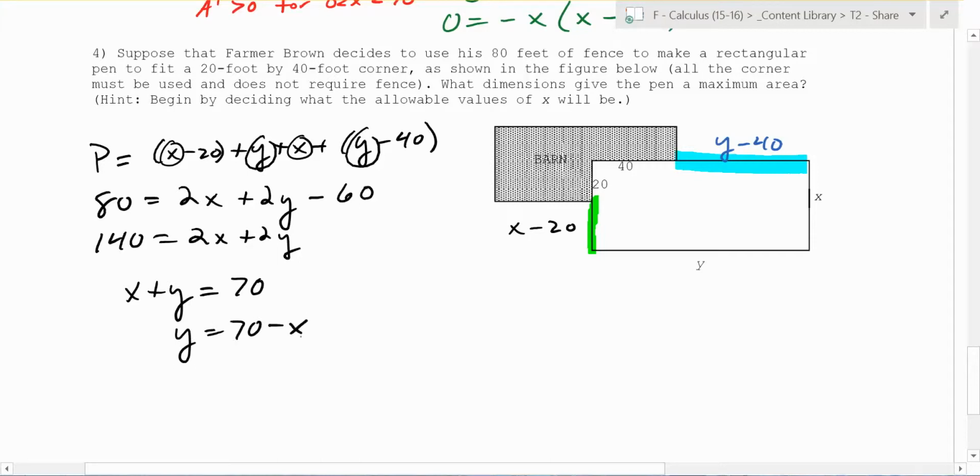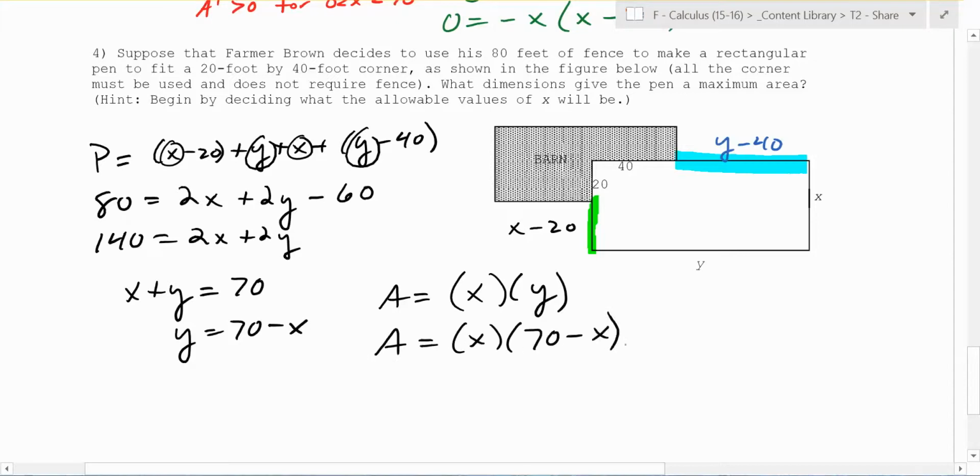And what's the area function going to be? What's the area function going to be? The beginning of it. X times Y, right? Yeah. X times Y. So area is going to be X times what? 70 minus X. So you have to find this maximum, find the maximum, when does it occur, given the domain